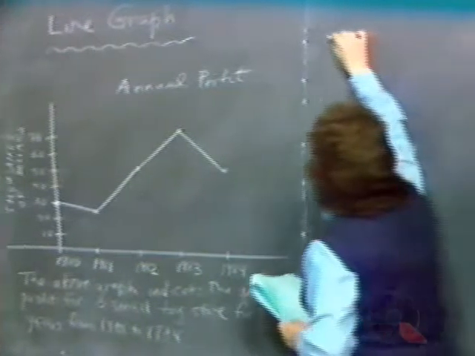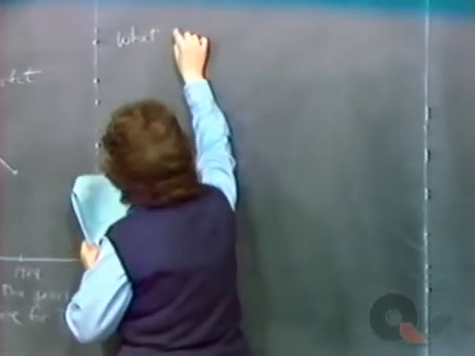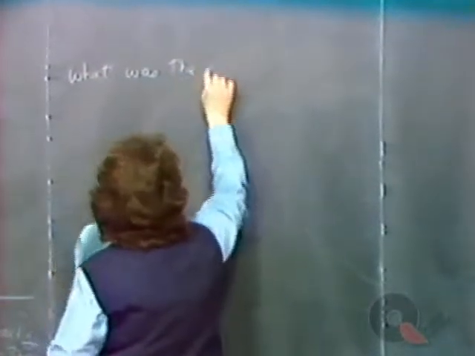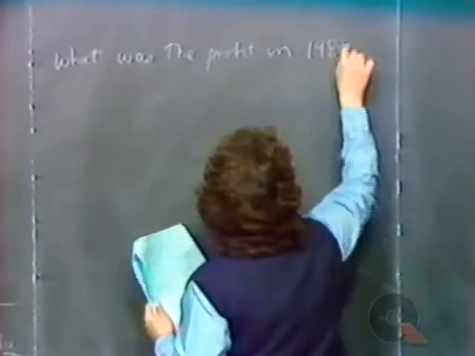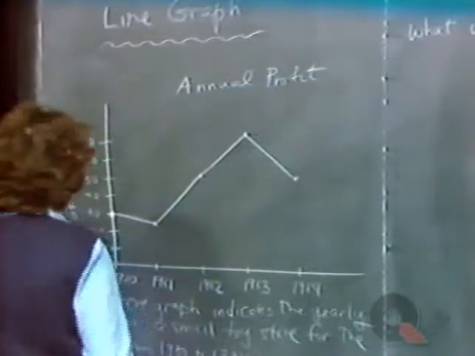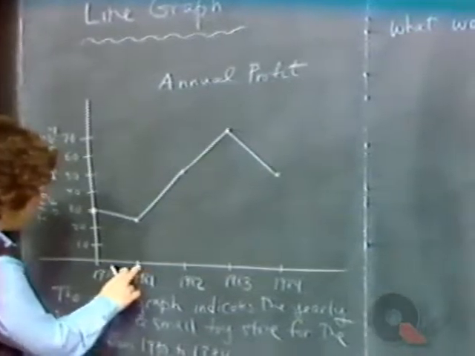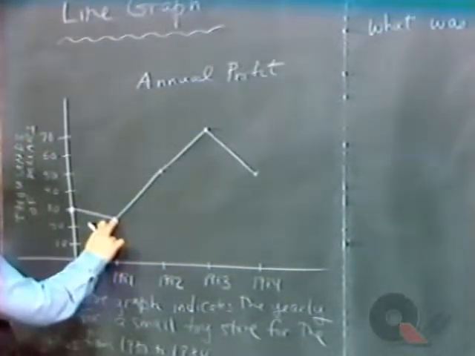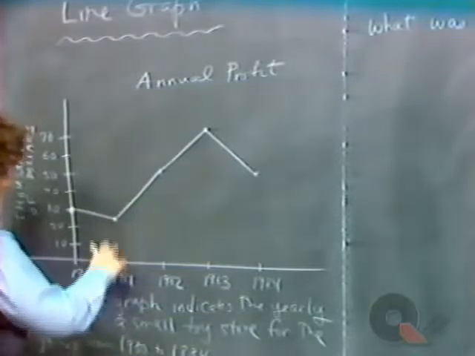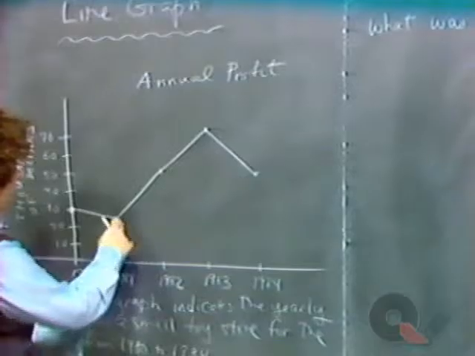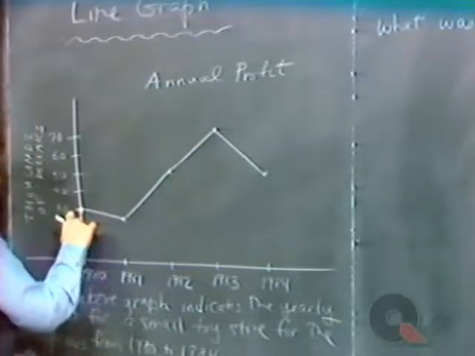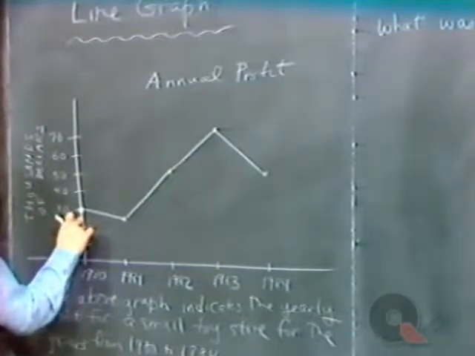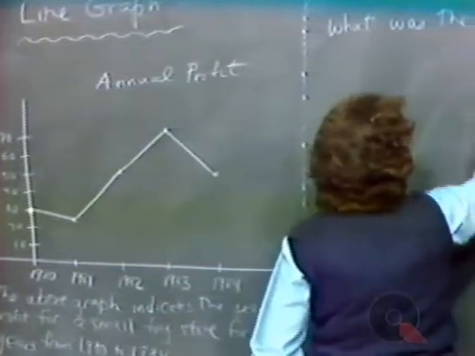Okay, the first question might be this. What was the profit in 1981? You would then go over to the graph, find 1981 over here, go up until you find the dot, or where the line is at 1981, and look across to this axis to see how high it is. Now, it appears to be between the 20 and the 30. Okay, so we're going to assume that'll be about 25, and you would write